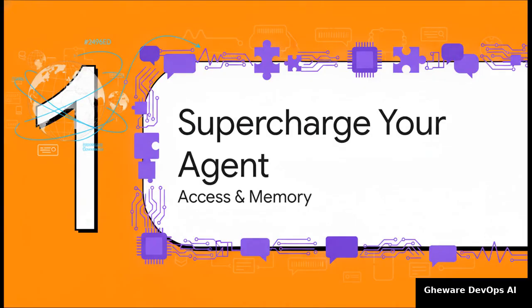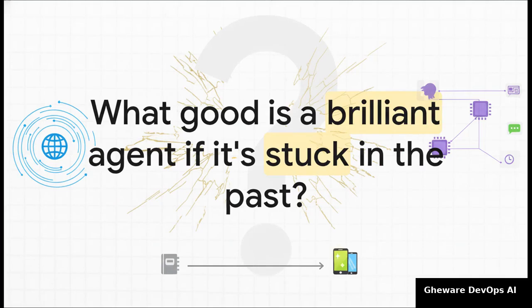Our mission today is to transform our agent from a smart but isolated tool into a dynamic assistant. One that can learn from the real world in real time and actually remember who it's talking to. I mean, think about it, right? Right now, our agent is really powerful, but it's kind of living in a time capsule. It only knows what it was trained on months or even years ago. It has no idea what happened in the news 5 minutes ago or the current population of a country. We are about to completely shatter that limitation.